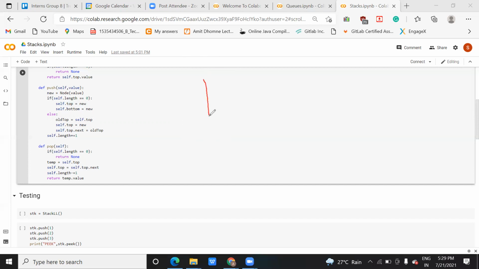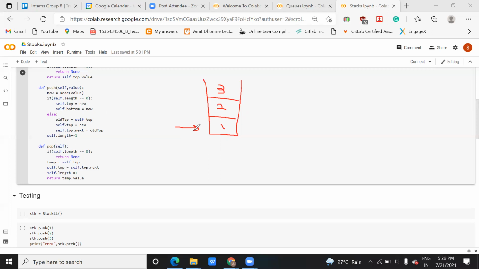Okay, suppose this is your stack. Inside this stack, you have three elements, that is your 1, 2, and 3, right? And now I'm saying here old_top is equal to self.top. Now, with this condition, your current value, which is the pointer, is pointing to this first.